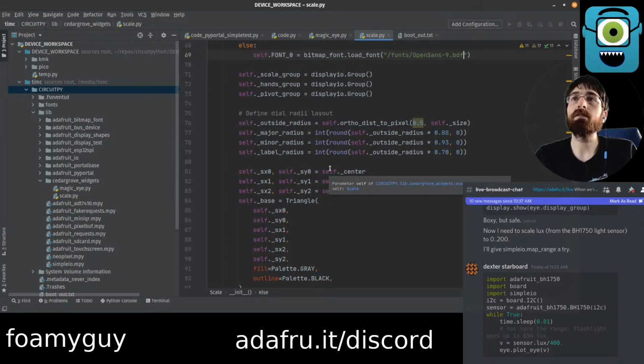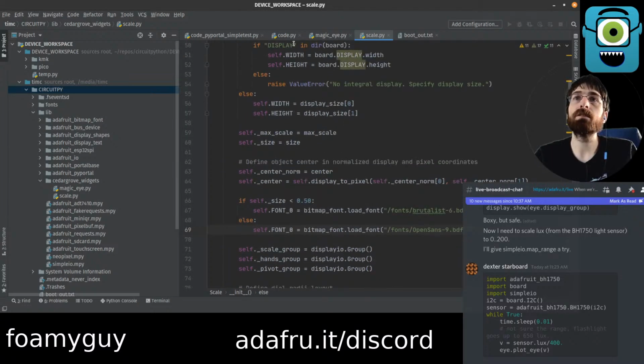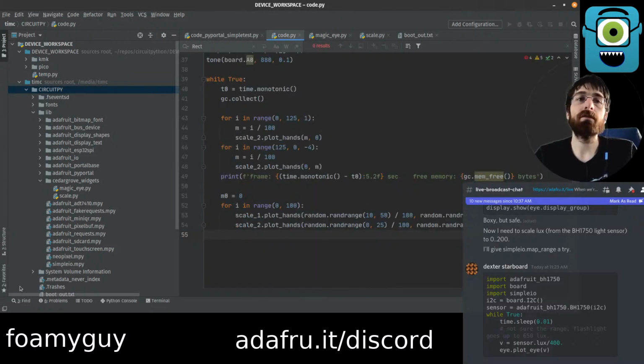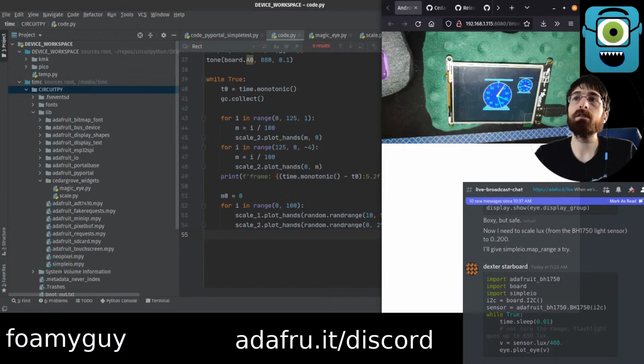If you're interested in doing that. So let's see what the scale does. We should have the font now, right? Is this just working? Oh yeah. Oh, okay. So this is like a weighted scale. Interesting. Okay, so you would put something on the top of this here. So you could use this maybe with a